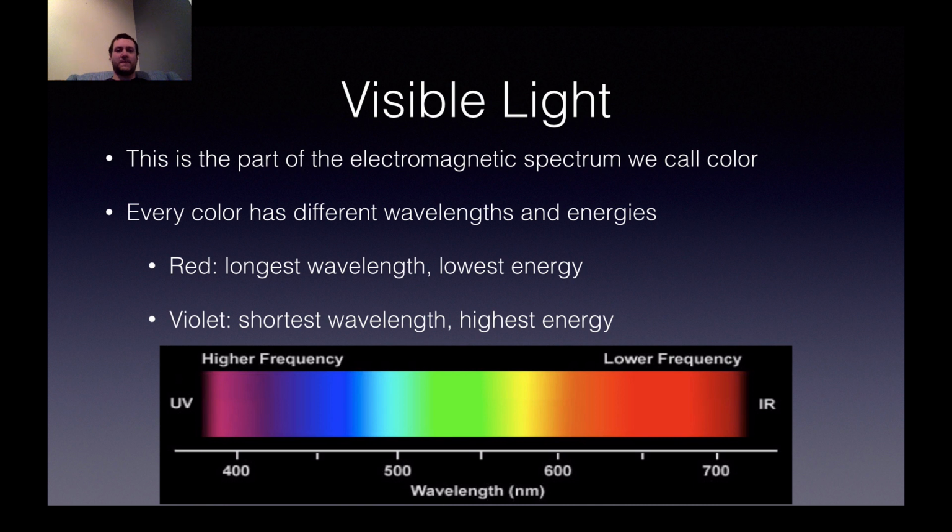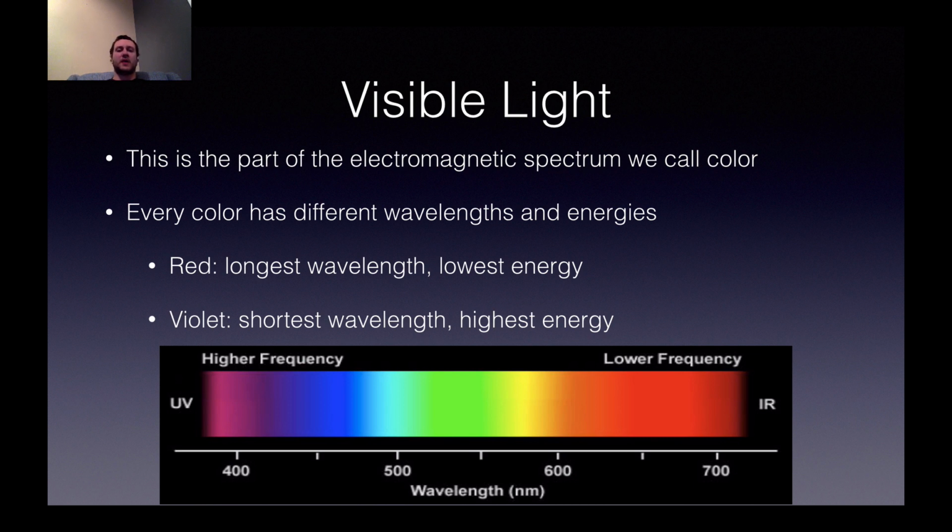Well, if we focus in just on the teensy tiny part of the entire EM spectrum that is visible light, that's the color part. We call it the visible part of the spectrum, visible light, because it's what our eyes can see. Every single color that we observe has some slightly different wavelength, which is then associated with a slightly